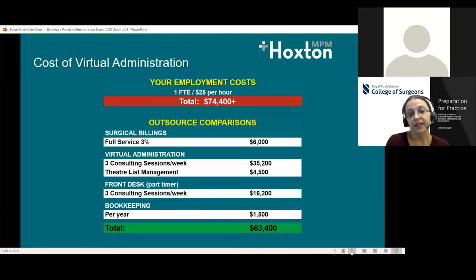Front desk, we've put in here an example using a part-timer. So if you were to get someone on a fixed part-time contract to cover those 3 sessions a week, it's around 16 grand. But actually, for a lot of you, you'll probably get that as part of your rental initially, if you're not setting up your own rooms, if you're using consulting suite out of the hospital or potentially from a colleague. A lot of the time, the rental for the consulting space is going to cover a meet and greet person, which is really all you need. Someone who's going to say hello to your patients, potentially collect payment, although these days with options like MediPass, you don't even need them collecting payment at the front desk. And then we've put bookkeeping in there as well at around 1,500.